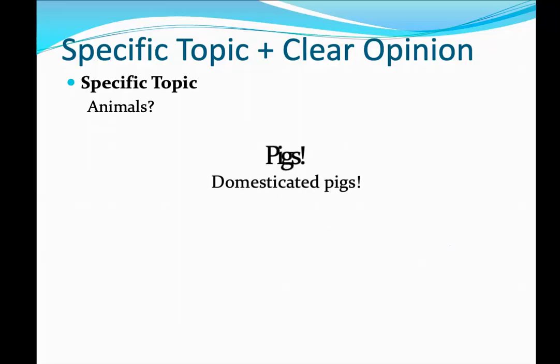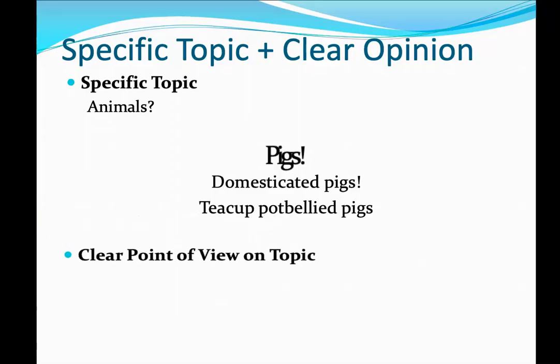But yeah, I would want to do pigs. So let's say I'm going to get more specific. I don't want to do wild pigs because I don't want to get killed. And so I would do domesticated pigs. I'm thinking, yeah, that's specific. But if you ever look up domesticated pigs, there are a lot of different kinds of them. So I would say, how about teacup pot-bellied pigs? That's one specific kind of domesticated pig. And so I'm getting specific enough where I could actually start to talk about one thing in a lot of detail, right? So after I do that, I get my topic. I'm going to talk about teacup pot-bellied pigs.